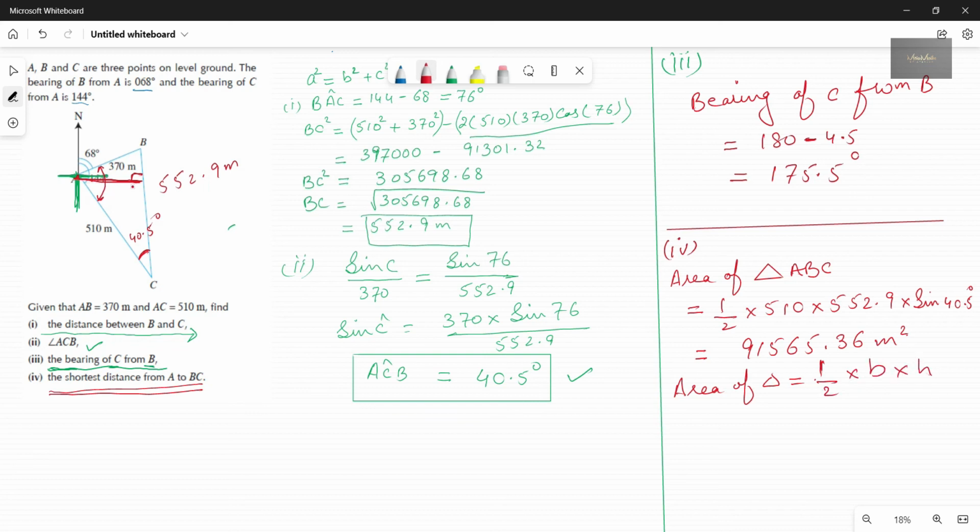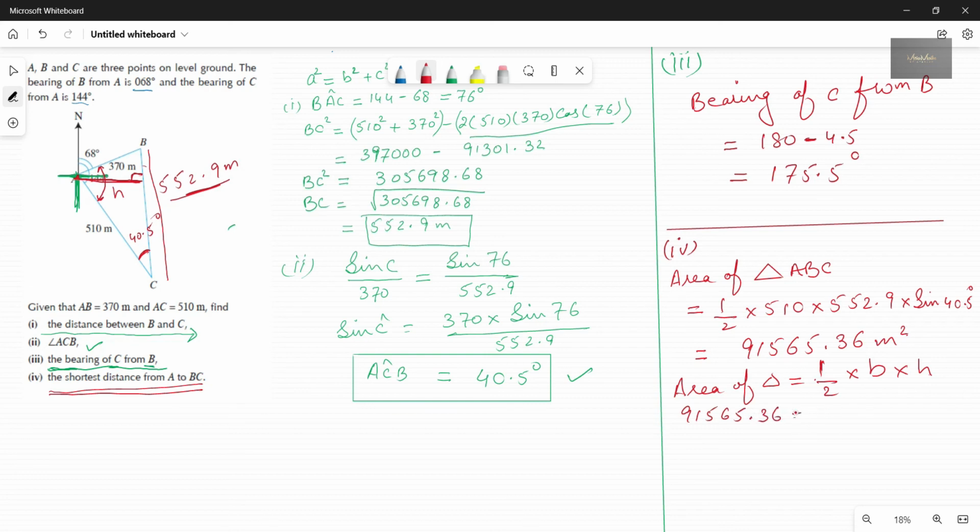This perpendicular line, which is making a 90-degree angle with BC, will be considered the height of the triangle, and the side at which it is making a 90-degree angle will become the base. Now I have the value of this, also I have the area of the triangle. So the area of the triangle is 91565.36